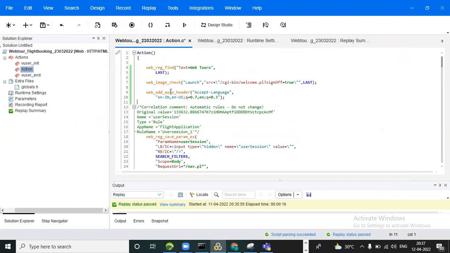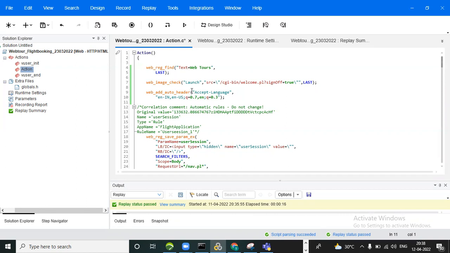So you can observe web add header. Some headers will be displayed. What are the headers? Maybe some will be displayed automatically, for web add header. This function comes on top of the request. Verify the correlation and parameterization. For this purpose we can use web add header. I already told you, sometimes you are unable to find a particular dynamic value's boundaries in the body; you need to go to the headers and identify that value and its boundaries there.